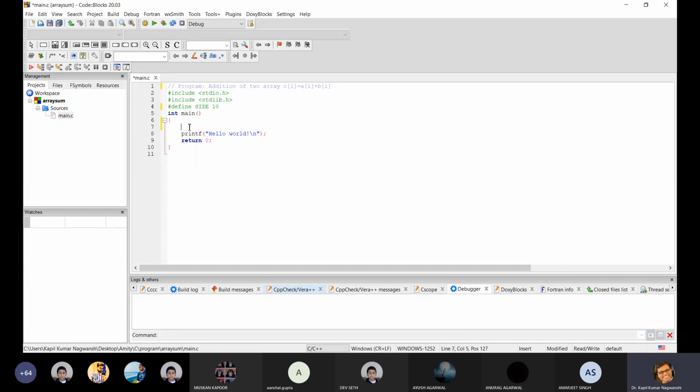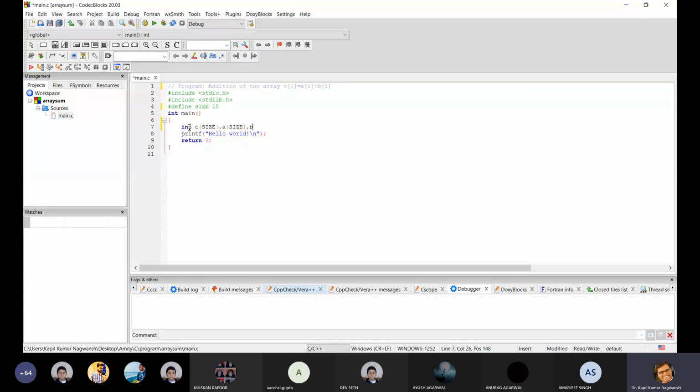Now it's your turn to declare the array variables: c size. Okay, this is your size of array, then a size, and then you can write 10 also, there is no problem.